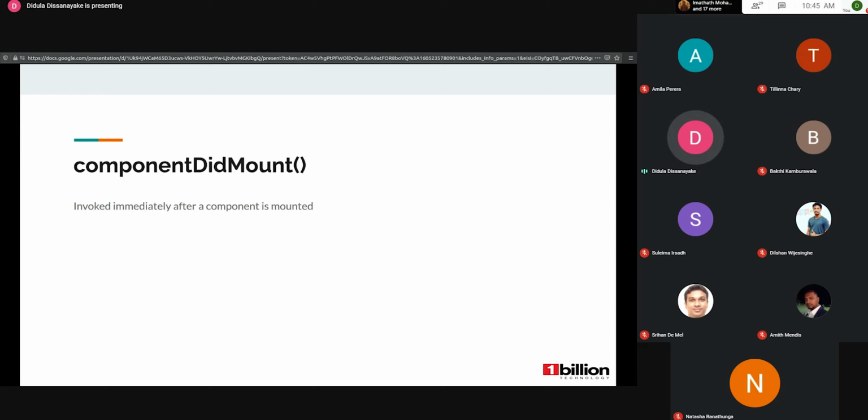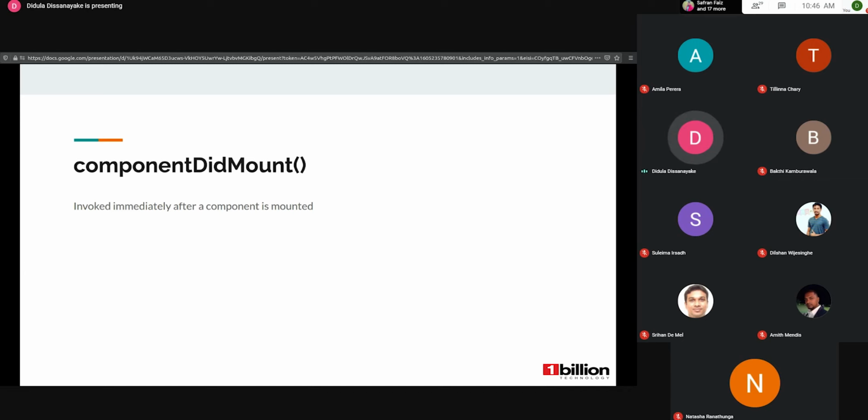The other one is componentDidMount. It is invoked immediately after the component is mounted. It is executed once. It is not executed with each data change or re-rendering, because it is similar to the loading functions in a normal HTML page. What is the advantage of using this one?